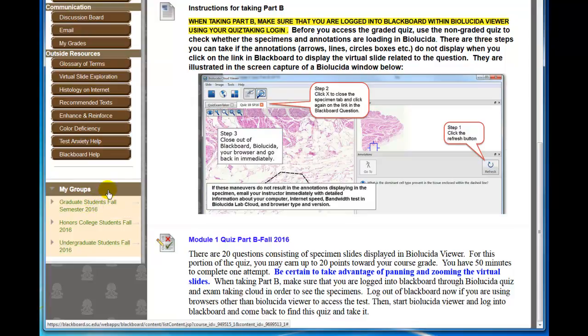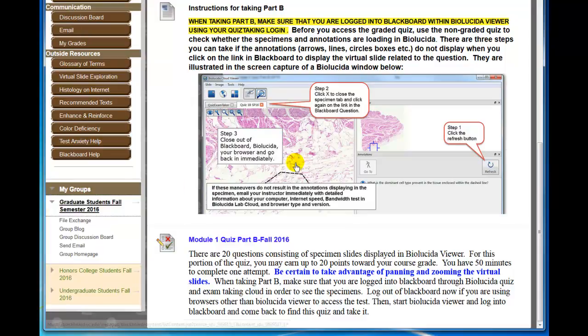When you are logged in, you will see only one of these groups, depending on what group you're in. But I have myself as a member, in student view, of all 3 groups. So, for example, if you click on graduate students,